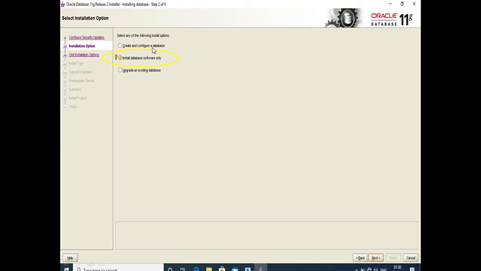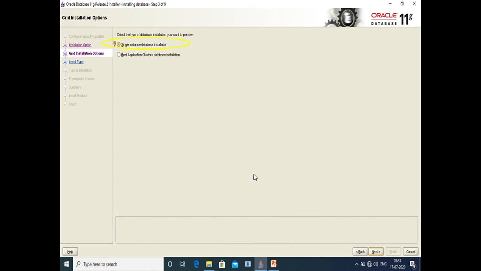Install option is there. There are 3 options: create and configure a database, install database software only, upgrade an existing database. Now in my system there is no database, so I want to install new database. So I select this option, install database software only, and click on next. After click on next, there are also 2 options: single instance database or real application cluster database installation. Now I am using single instance database installation. Just select this option